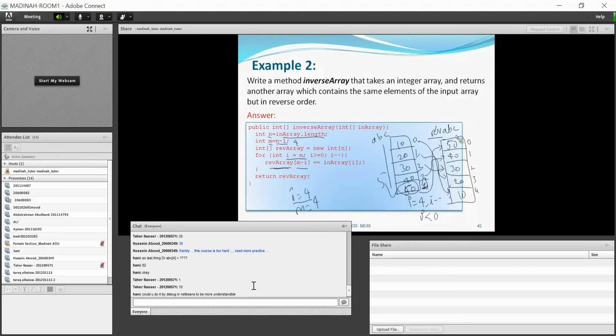So the reverse array index is m minus I. m is 4, I is 4. 4 minus 4, 0. So reverse array of 0 is equal to array of I. I is what? 4. So array of I is given to the reverse array of 0.